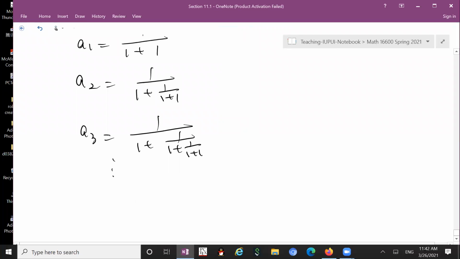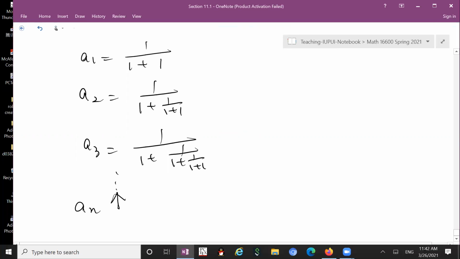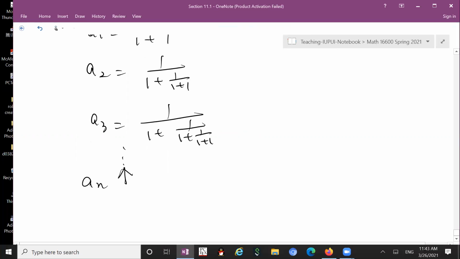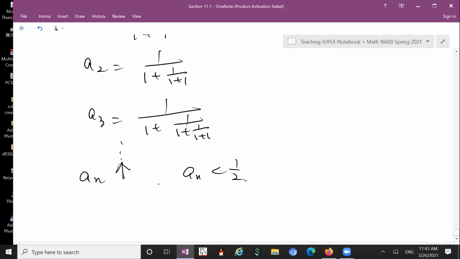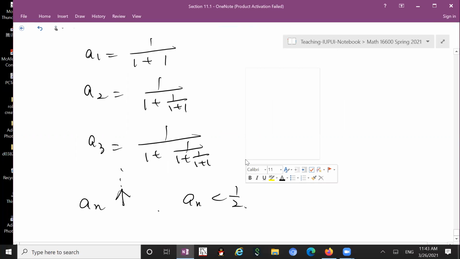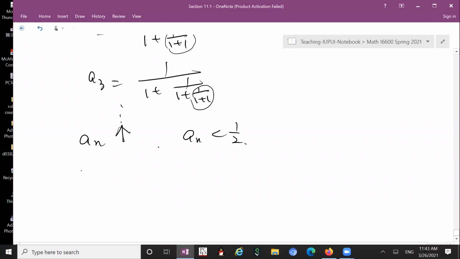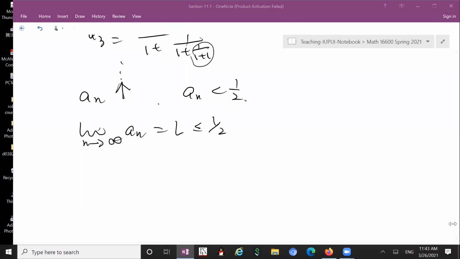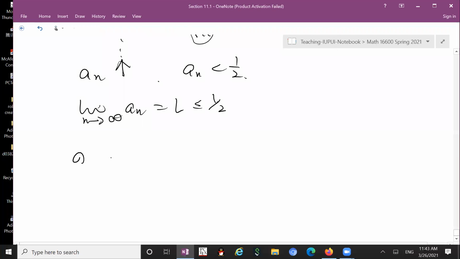Now this sequence is increasing and it has an upper bound. I'm pretty sure it's going to be less than 1/2. Why is it less than 1/2? I don't have much time left. Yeah, it's the same idea. Just look at this and look at this, and you will see it's less than 1/2. And so it has a limit. It exists and is less than or equal to 1/2. I'm not sure this time L can be 1/2, but you will see that. In order to find the limit, you have to